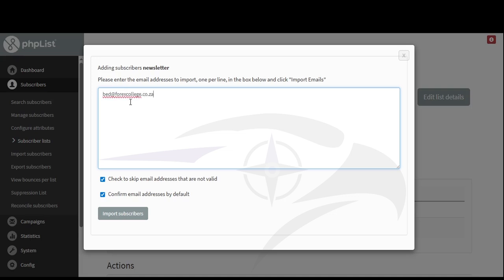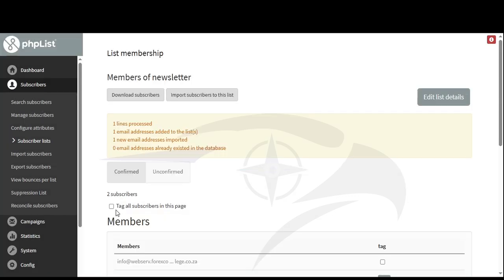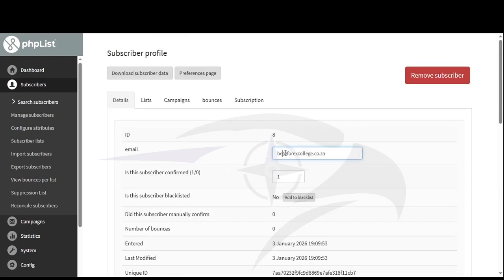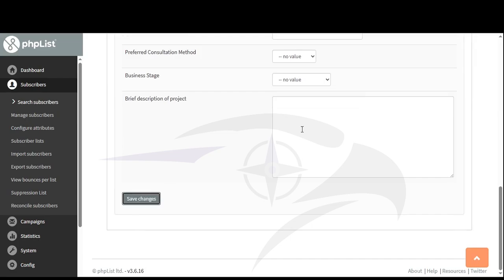Every action here connects directly to the database. No duplications, no shortcuts, one source of truth. What you see on the screen is a reflection of what exists in the database.